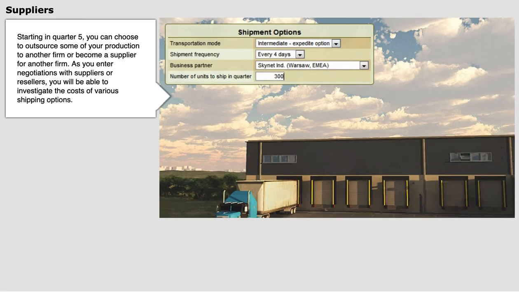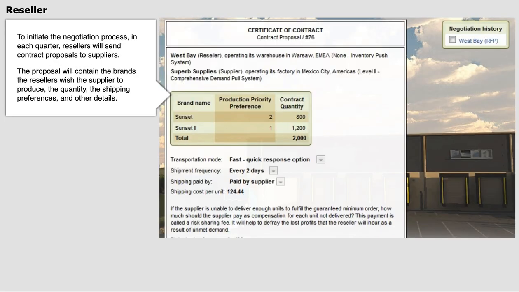Starting in Quarter 5, you can choose to outsource some of your production to another firm or become a supplier for another firm. As you enter negotiations with suppliers or resellers, you will be able to investigate the cost of various shipping options. To initiate the negotiation process, in each quarter,